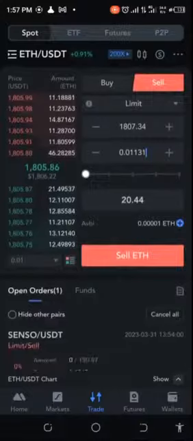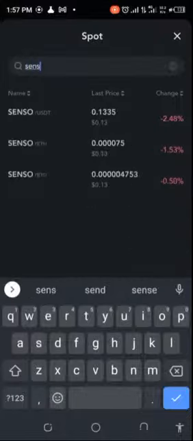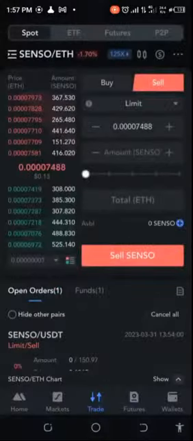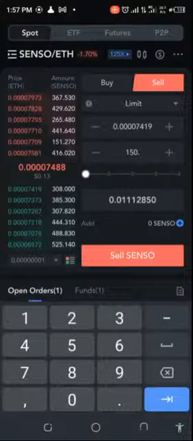Okay, let me go back. I mean, right now ETH is 1805. So let's go see whether that's possible. Let's just quickly do this. I'm just going to put the Senso and see whether I'm going to be able to quickly make back my money. So what I have here is, if I pick this 7419 and I put 150.97,